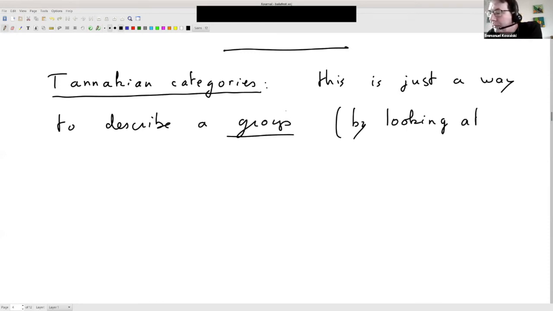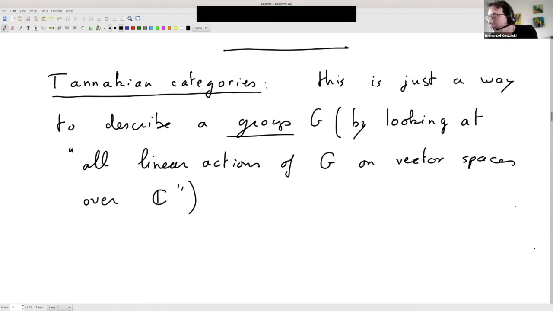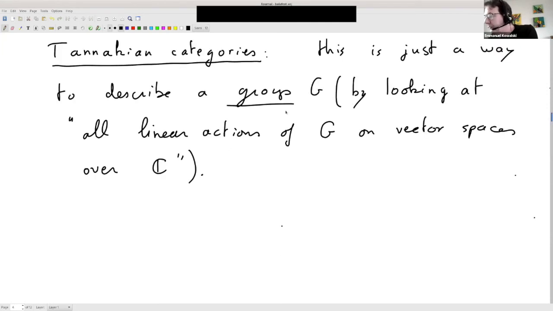So one way of thinking about it is to look at all the linear actions of the group on vector spaces over a fixed field, 5-dimensional vector spaces over C, let's say. So why should that be a useful way of thinking about a group? We will hopefully view an example where this turns out to be the only way to talk about a certain group. But for me, an analogy is that if you want to describe 5-dimensional real vector spaces,